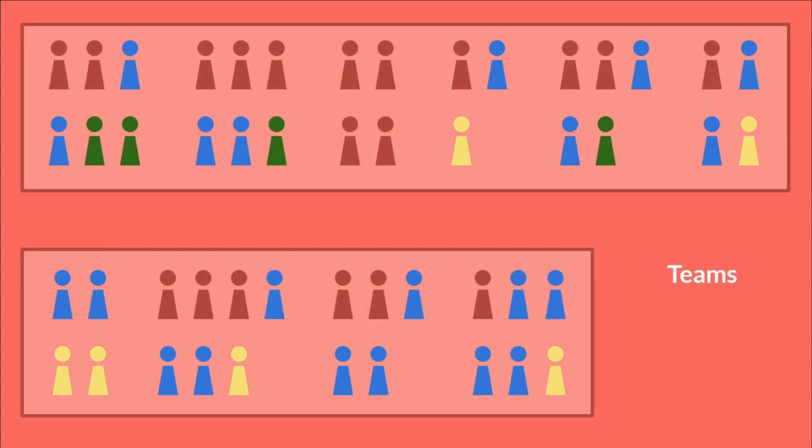We have grouped these into two different groupings, into teams. So we're going to say all these people at the top, they are all on one team, and all these people at the bottom, they are on a different team. And maybe each team has a specific piece of software that they maintain, or a few different softwares, or maybe a suite of software. And that's what they work on at the company, and that's their whole thing.